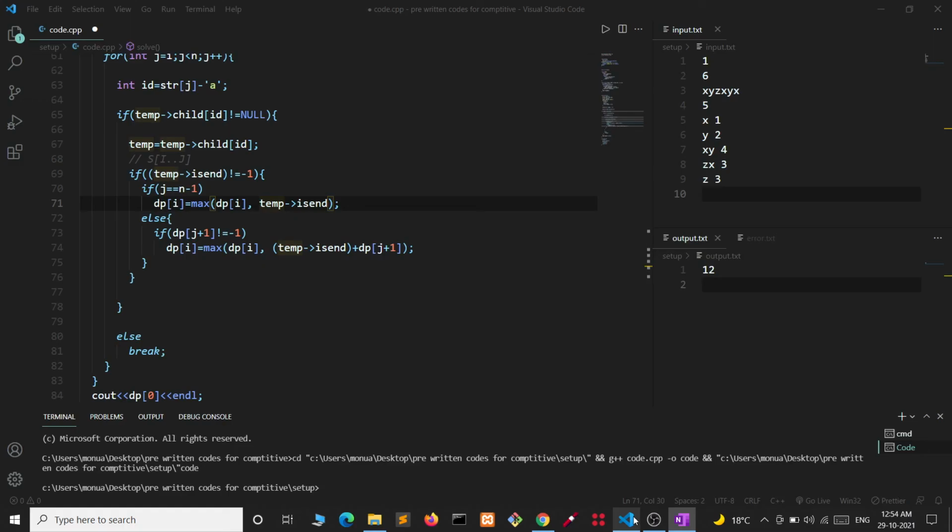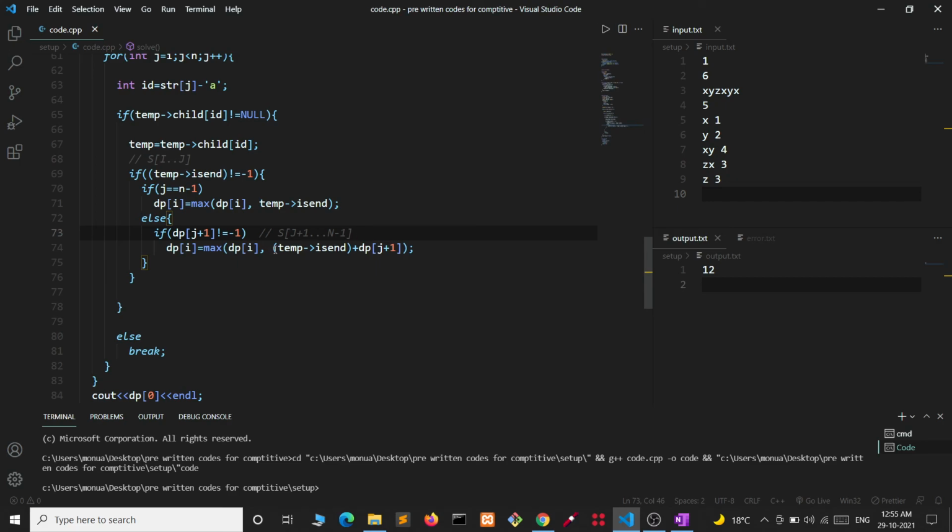Else if j is not equal to n minus 1 and dp[j+1] is not equal to -1, it means that the string from j plus 1 to n minus 1 can be broken into a valid partition of words.